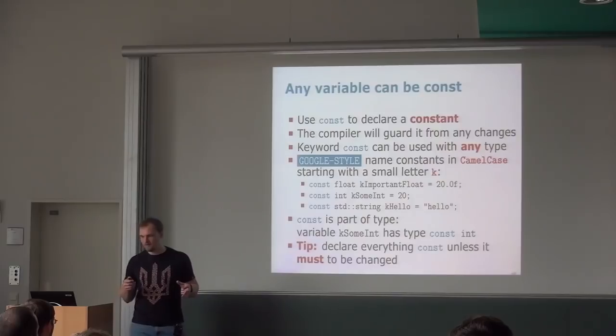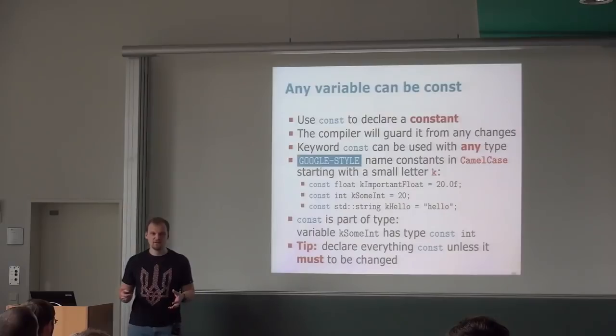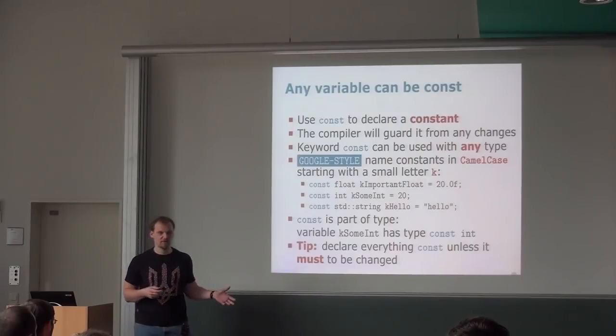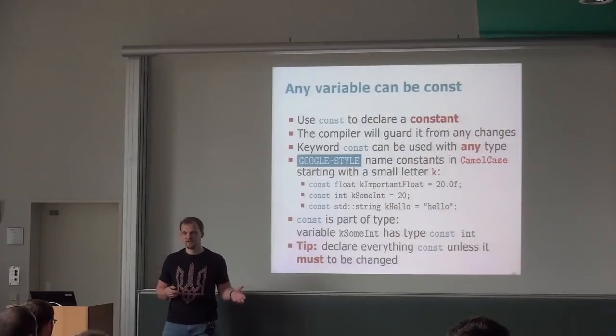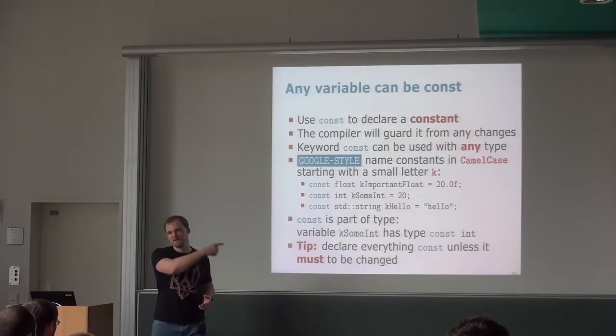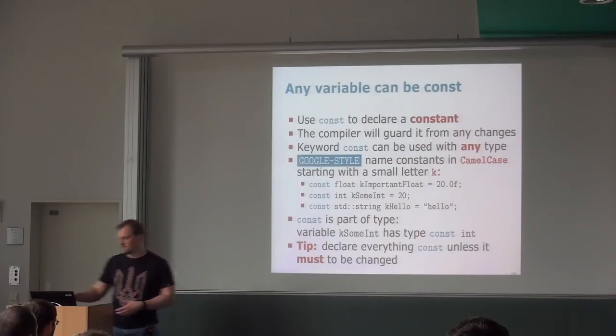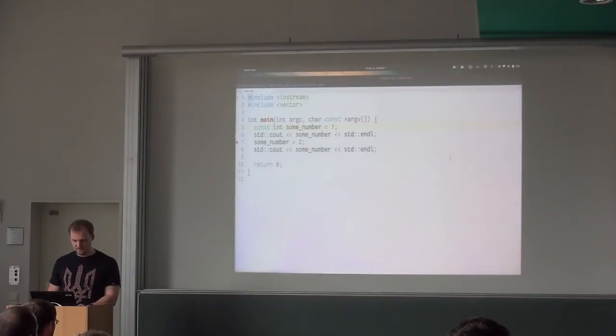And so the Google style suggests to have a specific name for constants that you define, especially the ones that live through a bigger part of the program, and it should be used. So they suggest to use camel case here. If you wonder why it's camel case, it's because the camel has 2 humps, and that's the camel case, 2 humps there. And it starts with a small letter k. So in this example, it would not be some number, but it would be something like this.